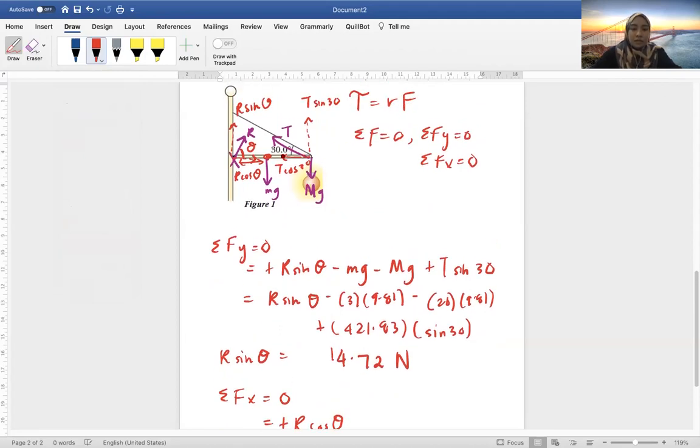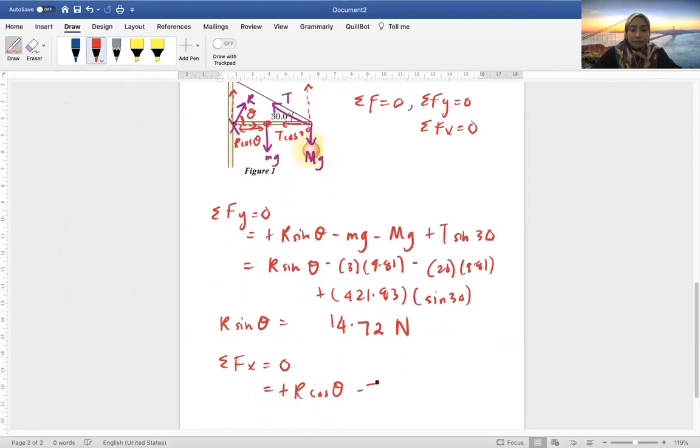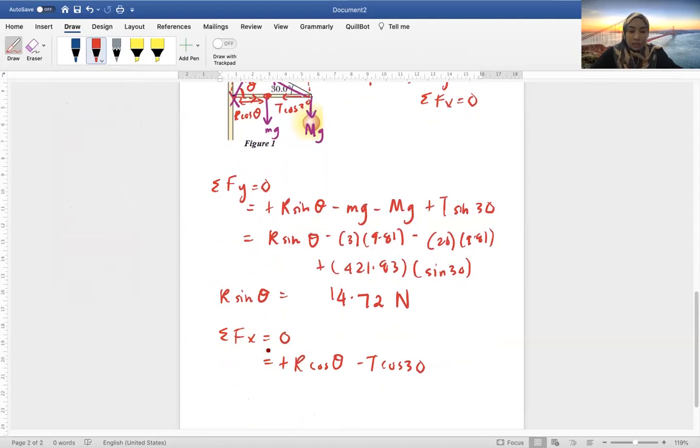And then my T cosine 30 is negative. What else? Mg does not have an x component. Capital Mg does not have an x component. So these two things equal 0, which means that my R cosine theta is equal to